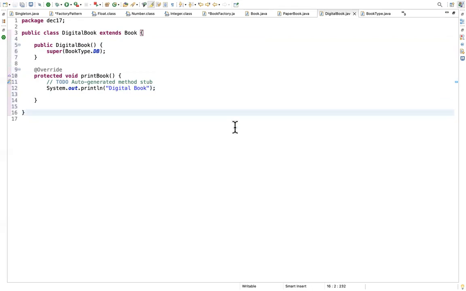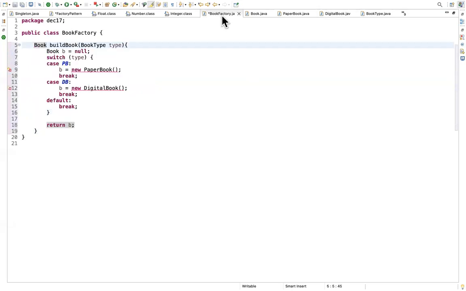Now go to your book factory. Anyway, you have your singleton pattern driver, right? You save this file, book factory, and go to your singleton driver class, or you can go to factory pattern. You already have it, right? Go to that.